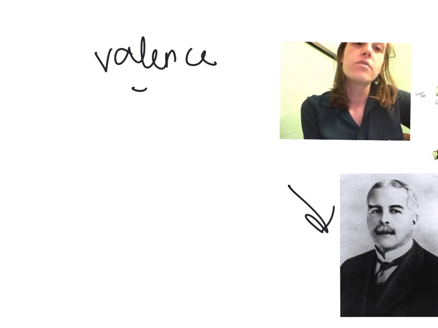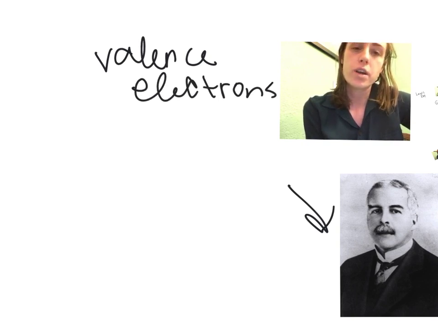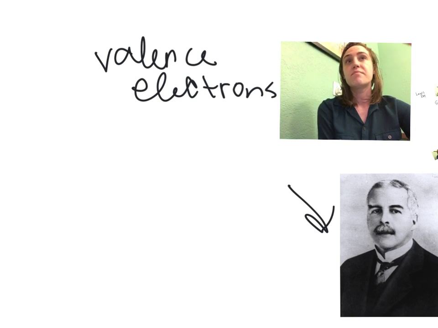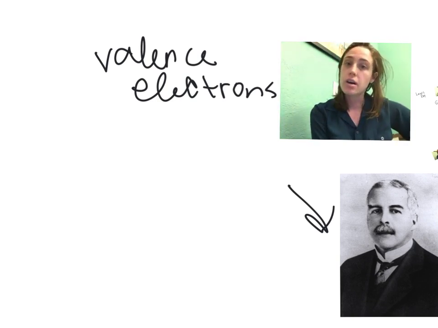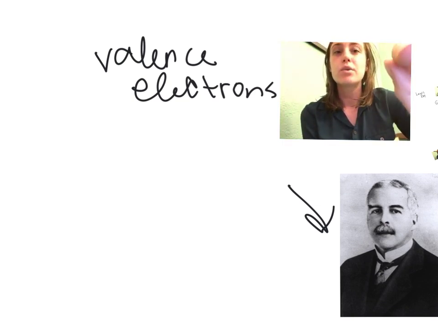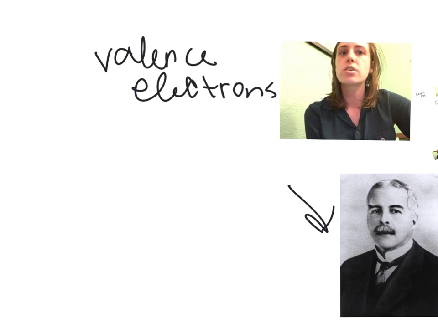We'll see. So valence electrons are the electrons that are going to be doing all of the work when we're forming molecules, when we're forming compounds. They're the ones that are interacting with basically the outside world, because they're going to be the ones that are in the outer shell in terms of energy. So let's look at a periodic table, and let's just go through and just make sure that we understand how many valence electrons we can find in all of these different kinds of